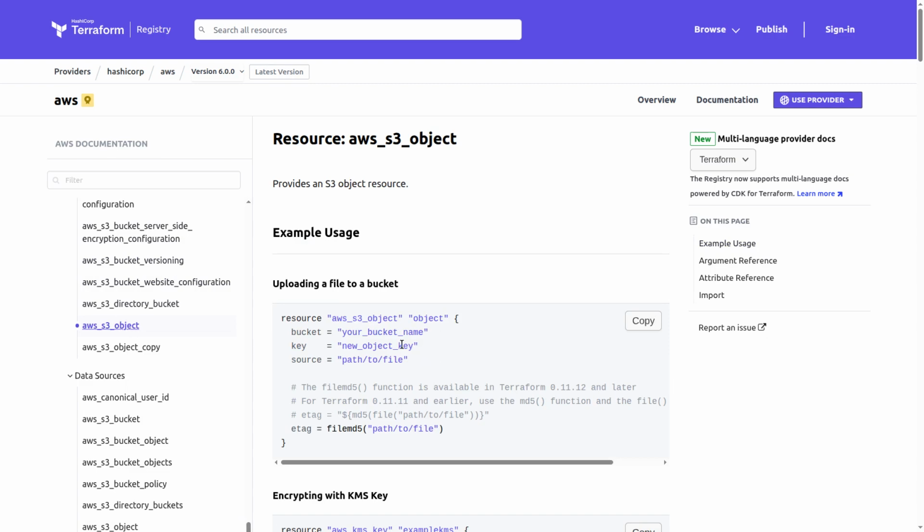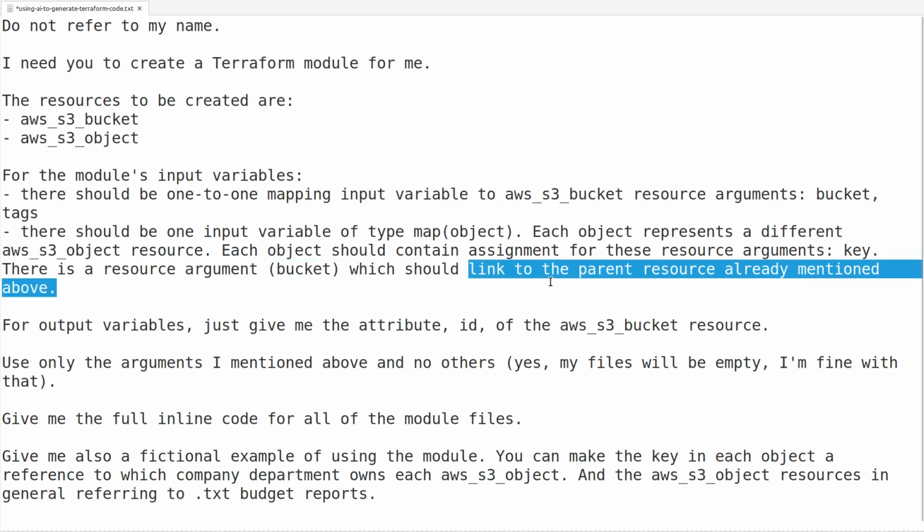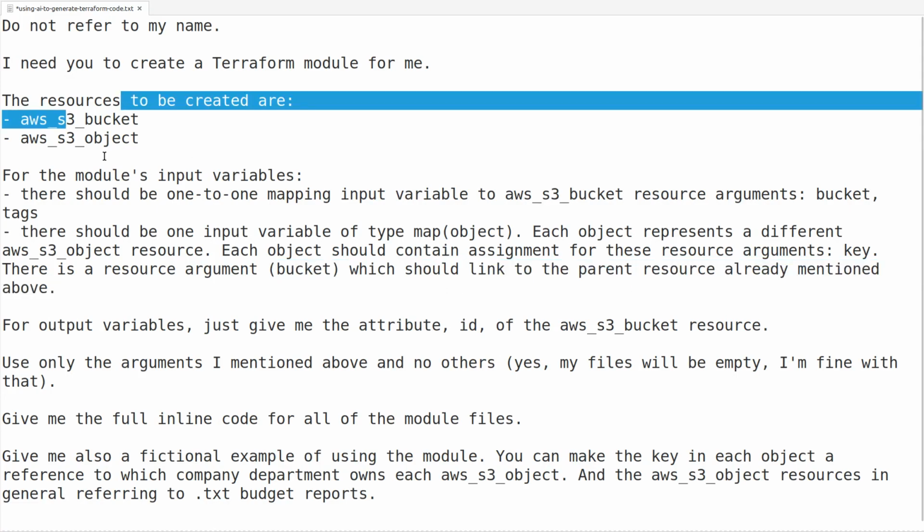And remember, I said I'm only interested in the key, but I said there is also an argument called bucket which needs to refer to the bucket name. It basically says this is the object and it should lie inside this bucket. Well, obviously if I'm creating one bucket and multiple objects, I want it to always refer to what is basically the linked bucket, the parent bucket. And that's what I said here. The resource argument bucket is a link to the parent resource that we already mentioned above,